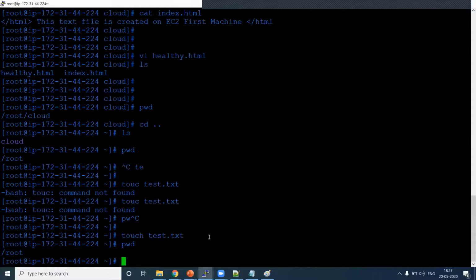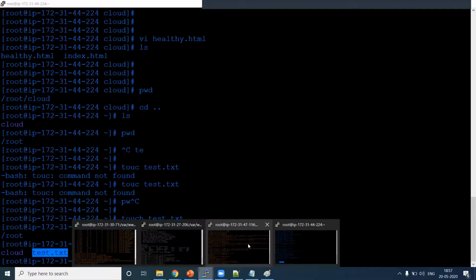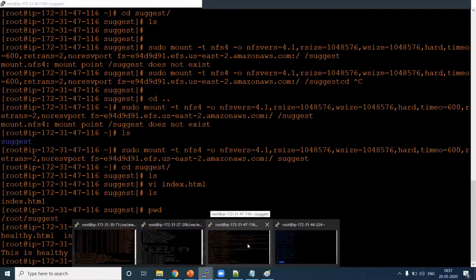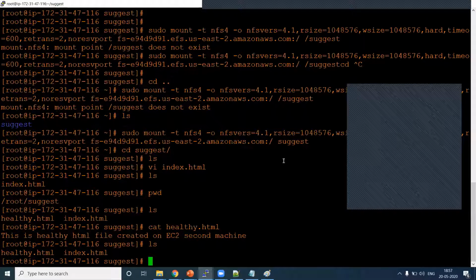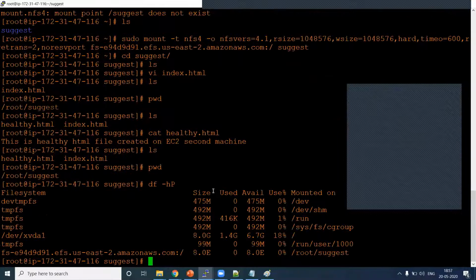Now if I go to the orange one, should I be able to see it? I am not seeing it, and the reason is obvious to you all: I have created the file outside the mounted directories, not inside either suggest or cloud.